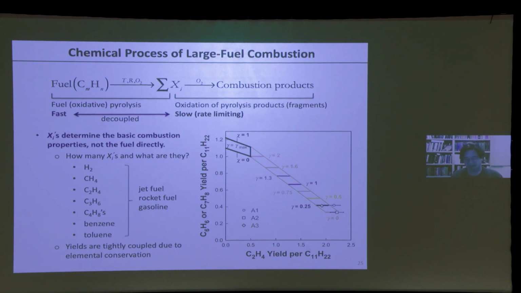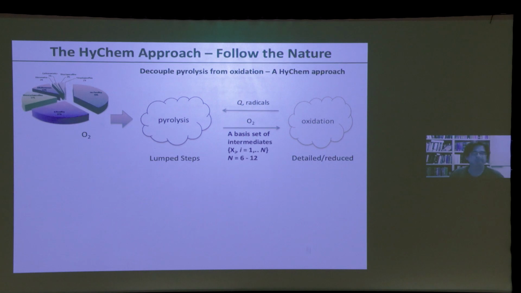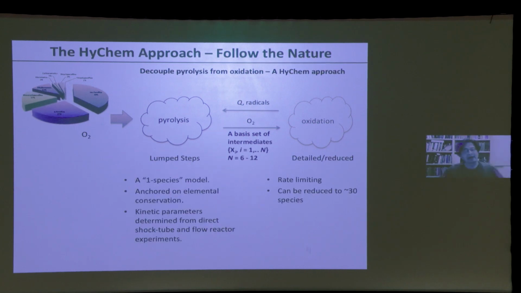There is a very small parameter space or variable space. You can choose those stoichiometric coefficients. All right. All that said, how did we do this? Real fuel, pyrolytic process, producing those intermediates. This is one step along the reaction model. It's anchored on elemental conservation and kinetic parameters, including those stoichiometric parameters, alpha, beta, gamma, which will have to be derived